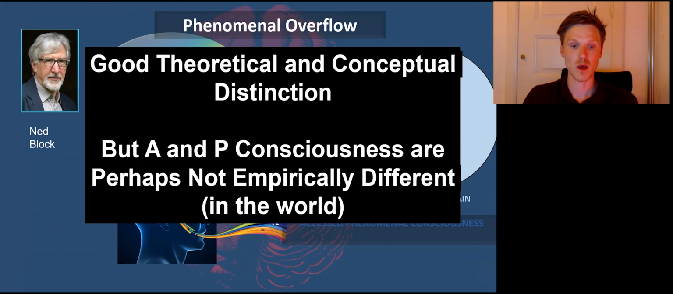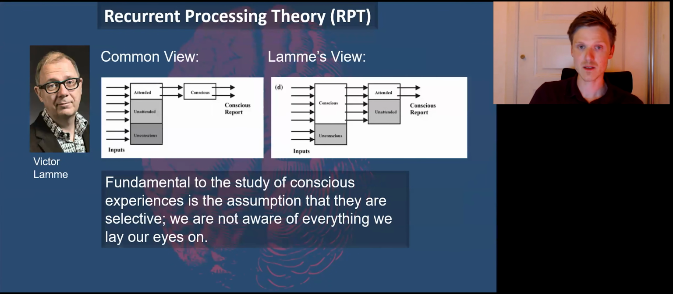And it is well acknowledged that it is a good theoretical and conceptual distinction to draw a boundary between access consciousness and phenomenological consciousness. But it's not certain that A consciousness and P consciousness can be empirically different, or are different in the real world. Although, according to Ned Block, he thinks that they can. So the last part of this on the first order theories,